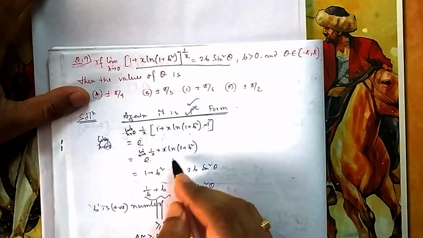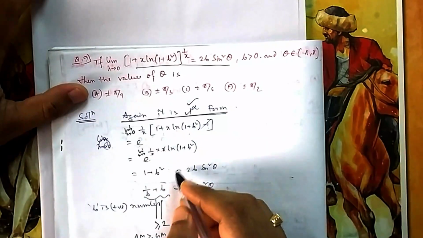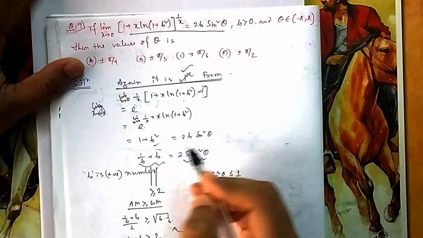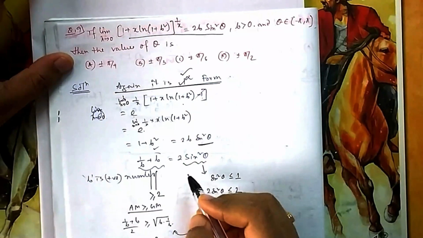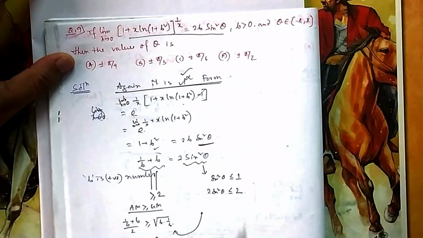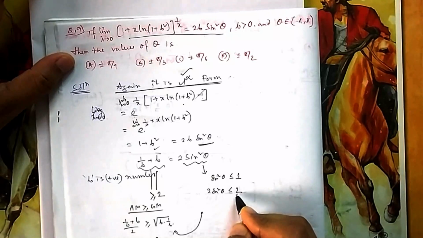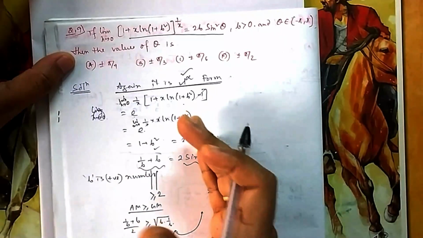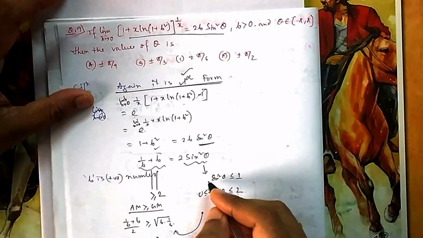The answer will be ln of 1 plus b square. Ln and e will get cancelled. Ln, or you can write log also, whatever. In math we generally write log. Ln means it is log to the base e. So it is 1 plus b square, and that is given as 2b sin square theta. Okay, now if you take b this side, it is this format. Now what is the maximum limit of this one? It can go up to 2 only. It should go from 0 to 2, because sin square theta is from 0 to 1.